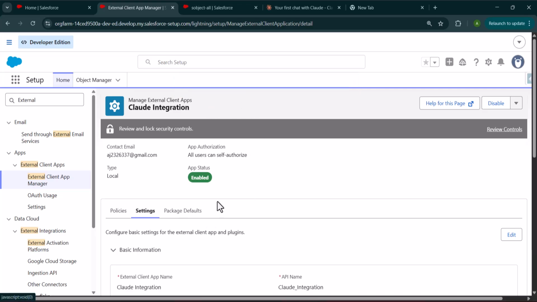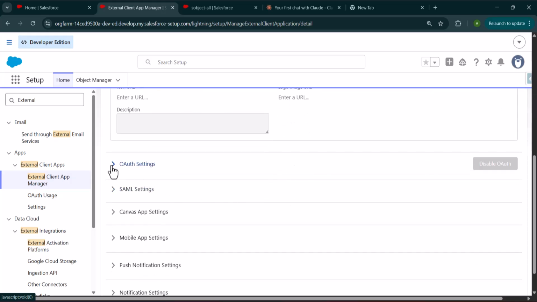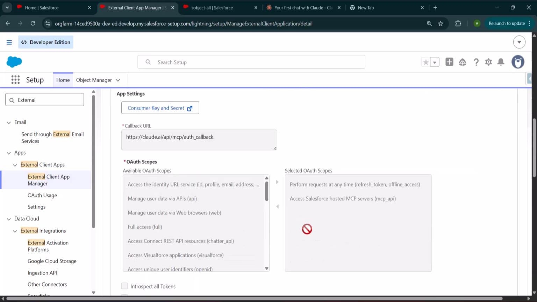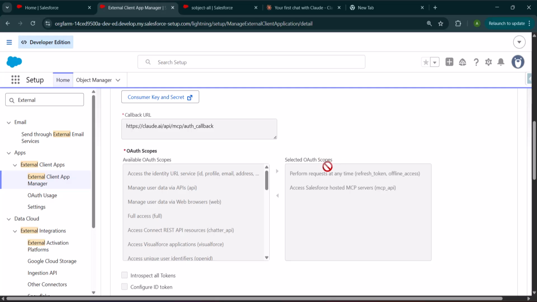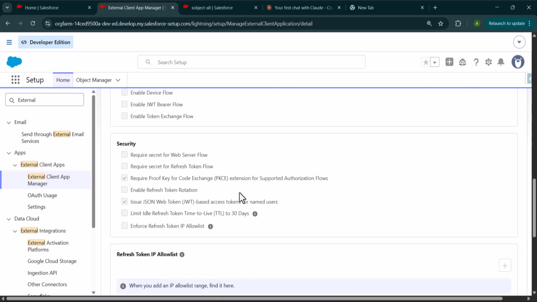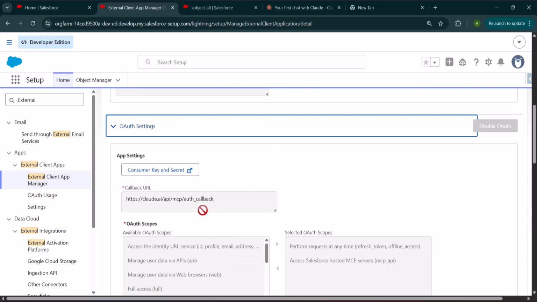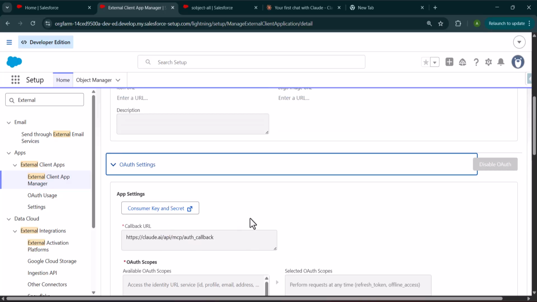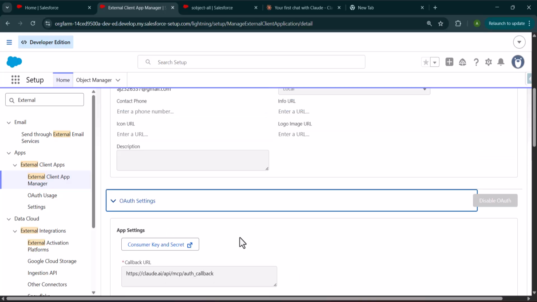Now as I click on Settings, I will show you the OAuth settings. Here we have the two OAuth scopes selected. After that the security, and here we provided the callback URL. And after that, what we need are the consumer key and secret key. For that, as I click on these credentials,